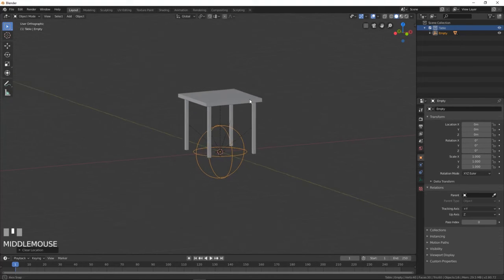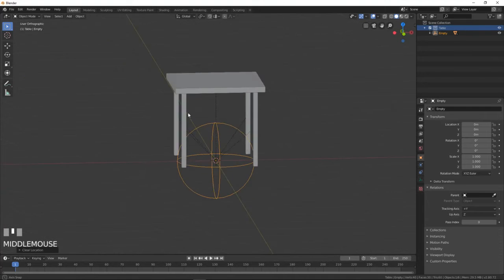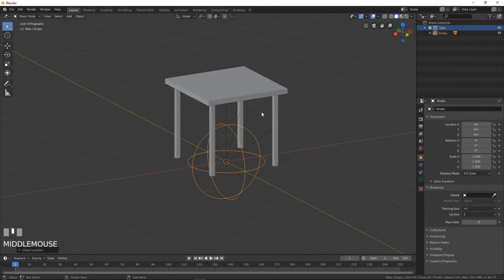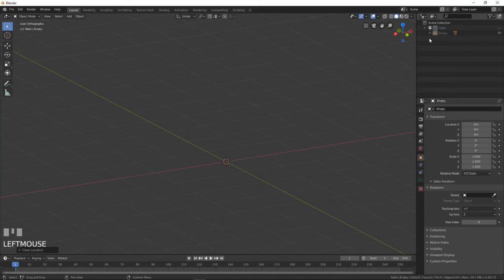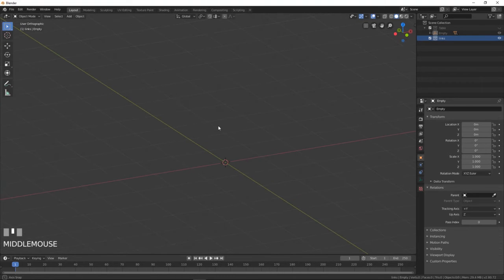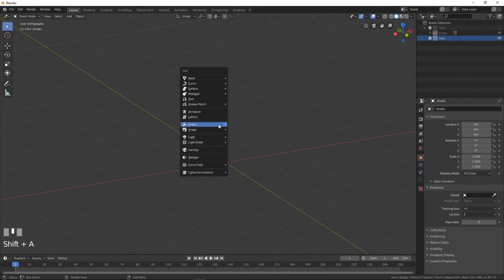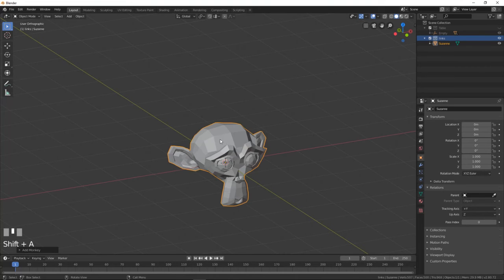option, the parent. Okay, but there is a possibility to make a link between objects. So maybe I will just create a new collection here. Okay, and this collection will be links, just to show you another one. So when I add here a monkey,